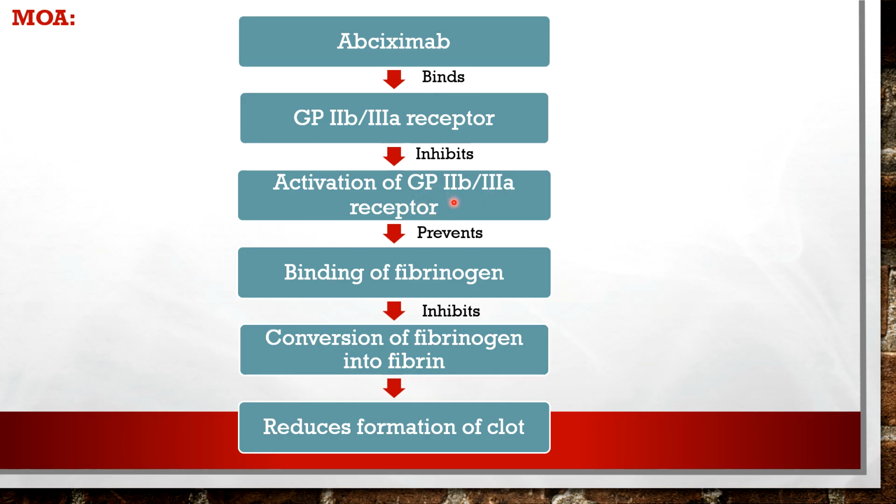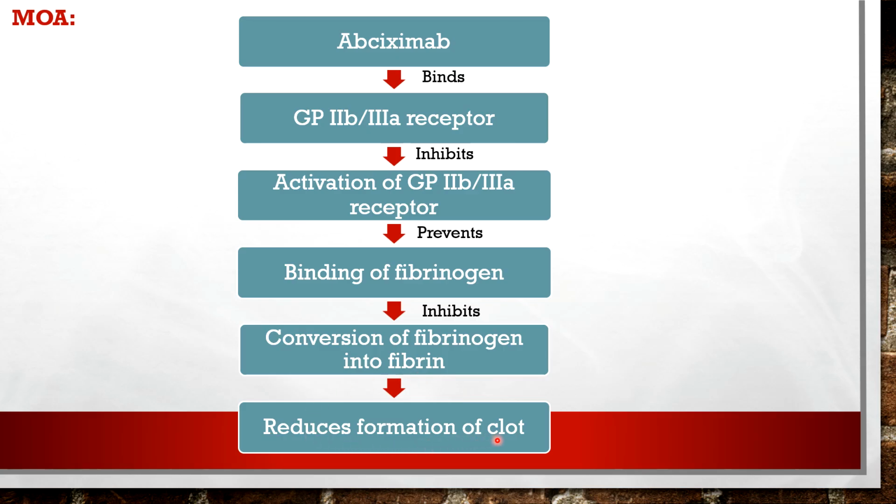Due to inactivation of this receptor, it prevents the binding of the glycoprotein 2b3a receptor to fibrinogen. Due to inhibition of fibrinogen binding, it inhibits the conversion of fibrinogen into fibrin. This fibrin is the final step, the formation of a thread-like structure for the clot formation, so it reduces